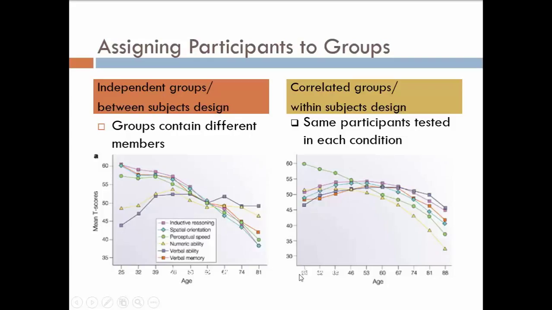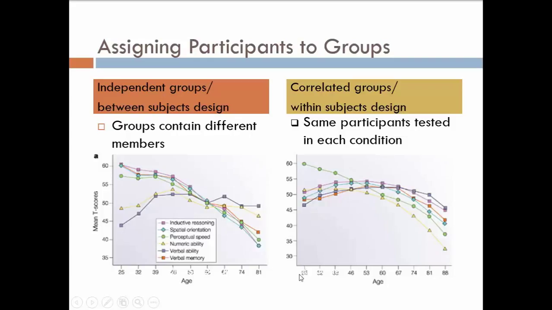Everything else, there are environmental factors that cause the cross-sectional data to perform one way and the within subjects design to perform a different way. So when we're assigning participants to groups, one of the first things we have to wonder is, am I testing something that I think is so consistent across people that it's going to be fine to test different people in each condition? Will that be fine? Or do I feel like I'm testing something that might have a lot of individuality, a lot of variability between people? Maybe I want to go with a within subjects design.